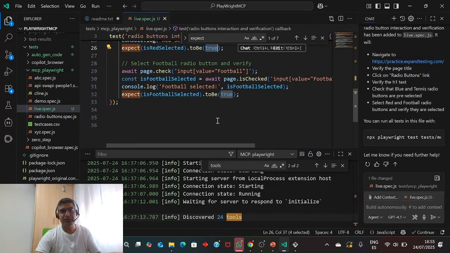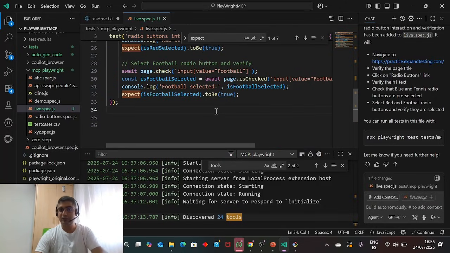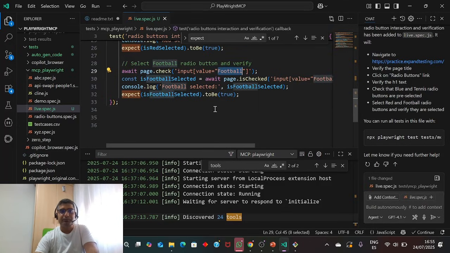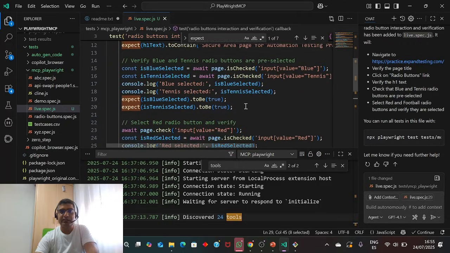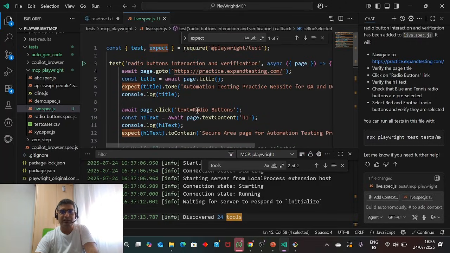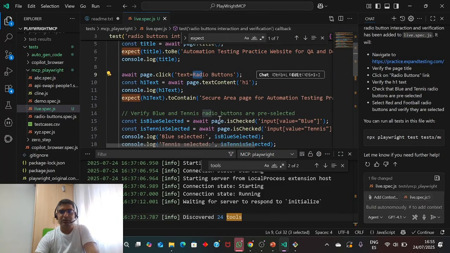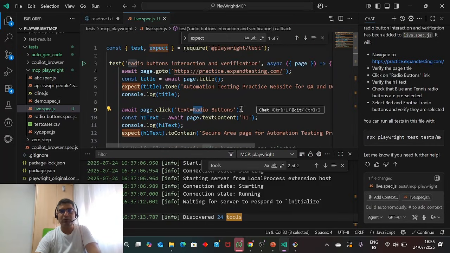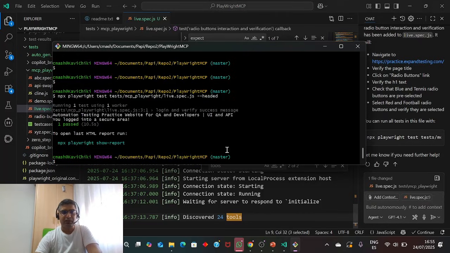Fantastic, right? It would take some half an hour to write this code, making the XPath, ID and so on. See how beautifully they are able to find everything, with text is equal to. The complete code has been so perfectly written by these AI agents.